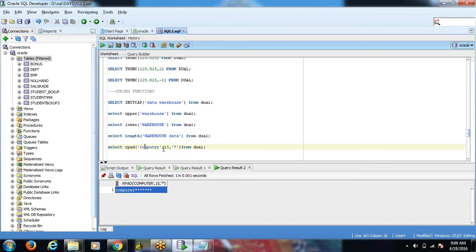That means the total should be 15 characters, and it should add the asterisk symbol. So 8 plus 7 asterisks it will add, and then it will retrieve the total output as 15 characters by adding the asterisk symbol to the right side of the particular string. Got it? Clear, guys? Okay. Suppose the same thing if I am doing like this.